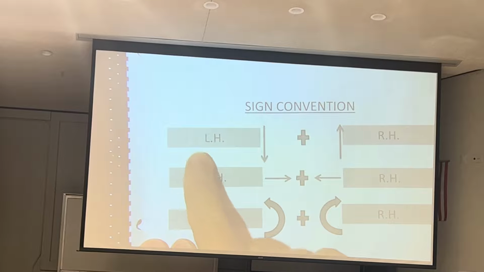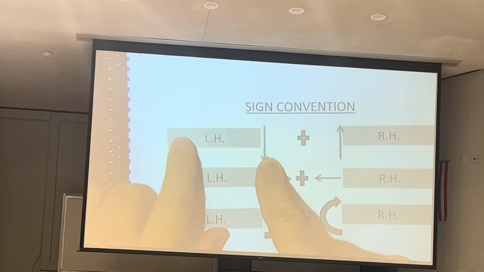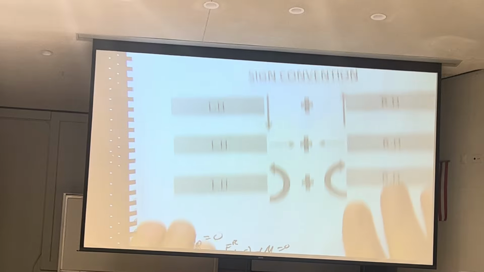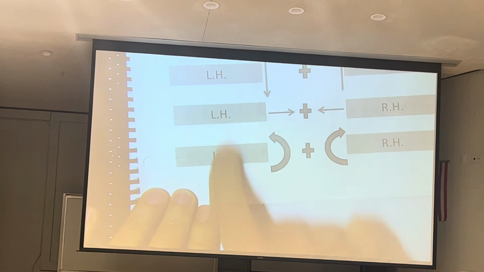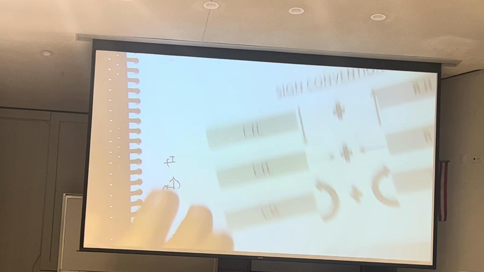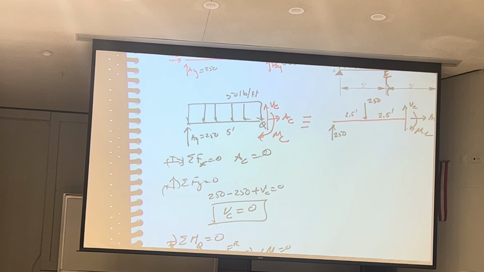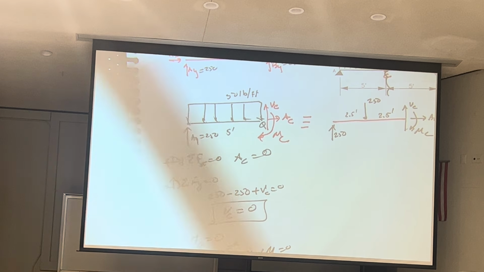These are the sign conventions we're using. If you're looking at shear, it is downward on the left half, upward on the right half. If you're looking at moment, it's counterclockwise on the left half, clockwise on the right half. These are completely arbitrary. You can switch them around if you want. But here come the facts. Again, derivable, I'm not taking the time to derive it. Fact number 1